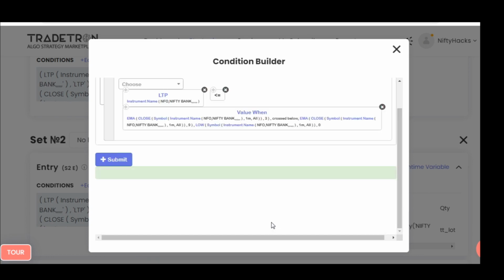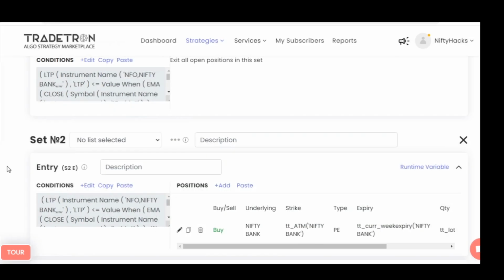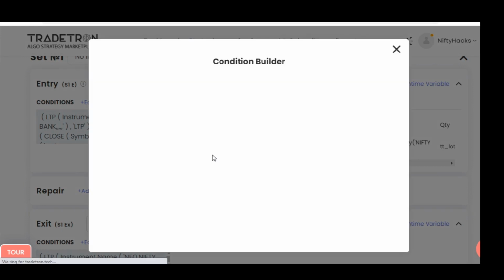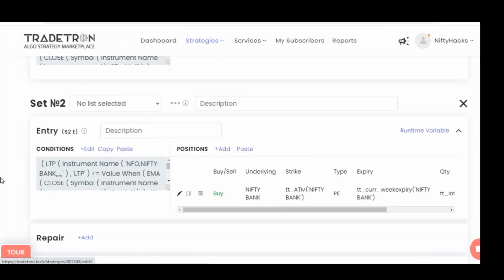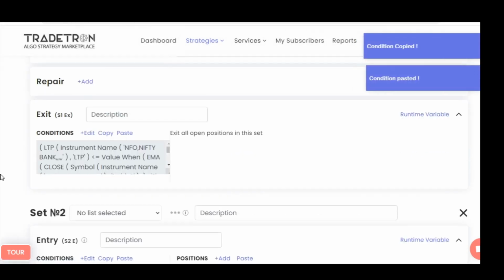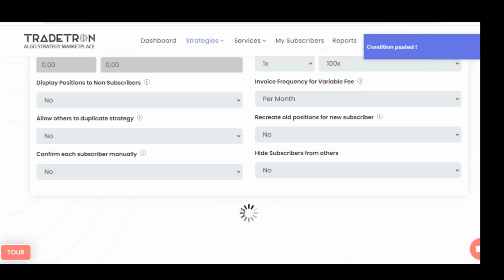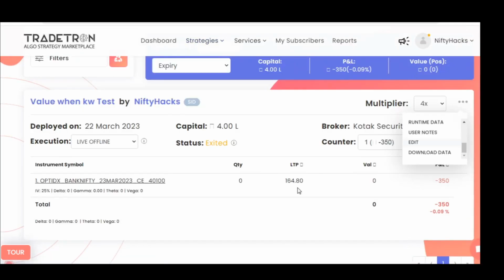I think I forgot to change the time frame in the call side also, so let's change that. 1 minute, okay, that's done. 3 and 9, okay, it's perfect. So from here also copy this and paste in the call side and update this. Now again let's